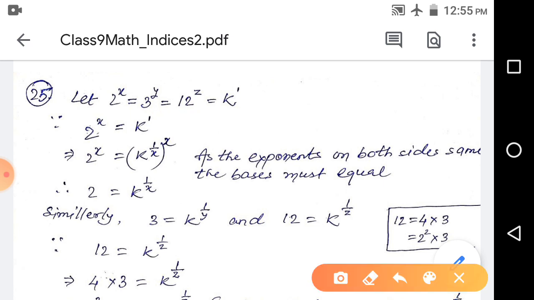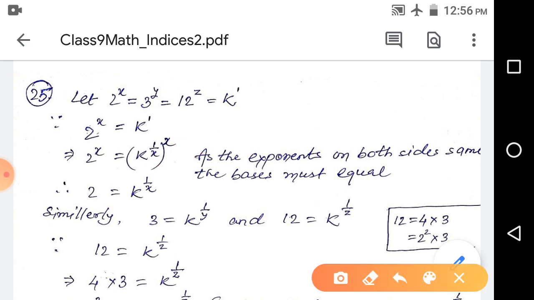Now we take the value of 2 to the power x is equal to k. Okay, so here we have 2 to the power x, but here we have k to the power 1. So in order to make the exponents equal, what we did here, see, we write k to the power 1 by x into x. So 1 by x into x is equal to 1. So we can replace this k to the power 1 as k to the power 1 by x whole to the power x, because whenever those exponents are multiplied, those x cancel, and k to the power 1 is left. So in the place of k to the power 1, we can write this.